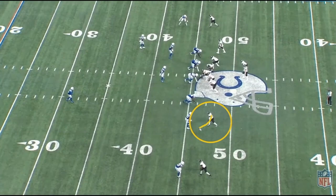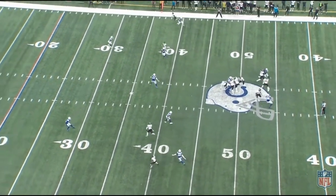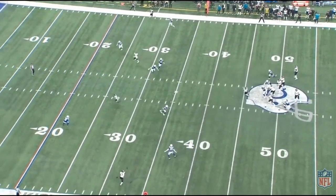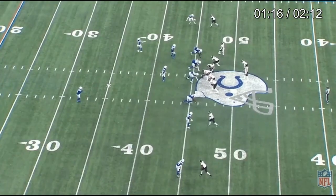So this is a release to the outside against what looks like man coverage. It ends up being zone, and then it's a work back to the middle up the seam here. Really nice bender up the field for Christian Kirk right there. Boom. And he's wide open. I would love to see, instead of him taking off right here for a first down and then sliding, good job by Trevor Lawrence to do that,